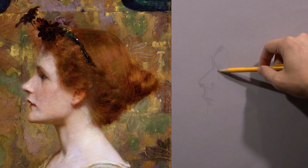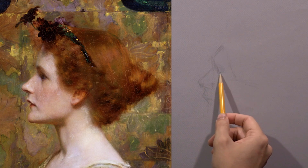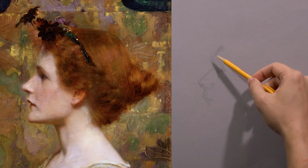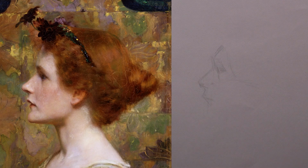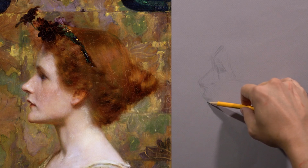It's a great place to practice blocking in if you're trying to work on drawing. Master sketching is just fantastic for that. So, all right. I'm going to just see how far I get here in